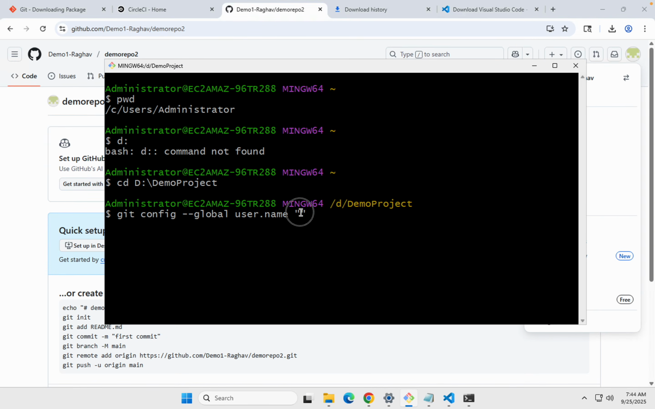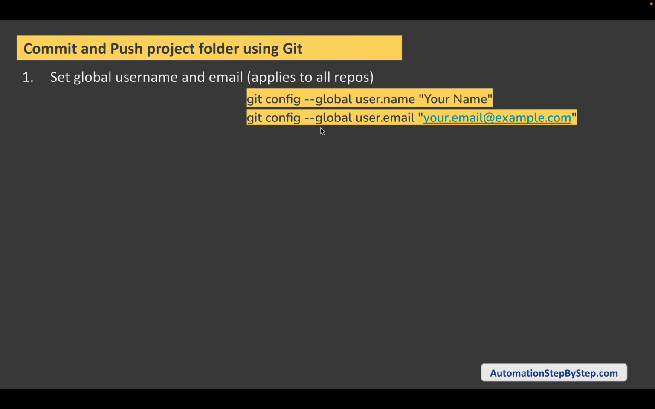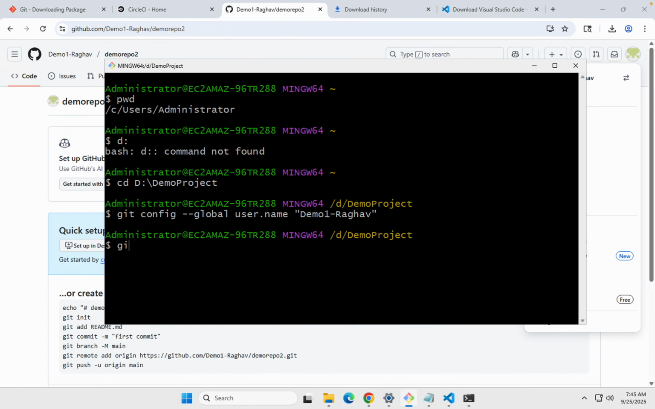I will say demo1-Raghav and hit enter, and you should not get any error. It will just go to the next prompt, and then I will say git config --global user.email, and it is demo1.raghav@gmail.com,